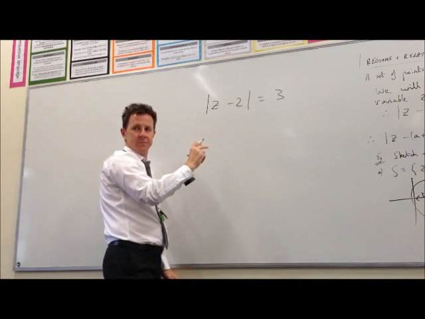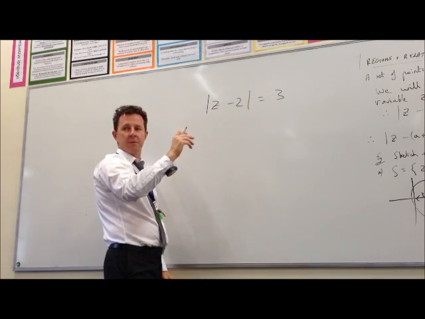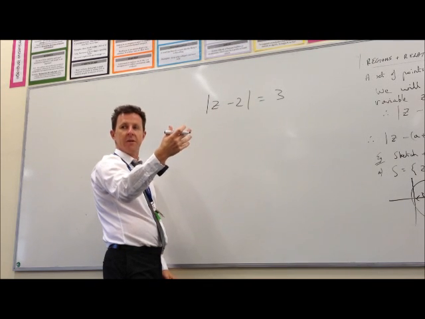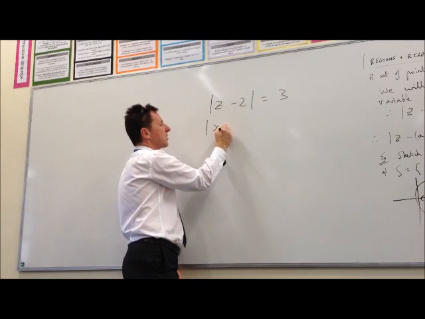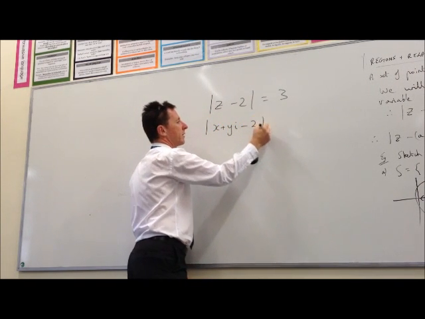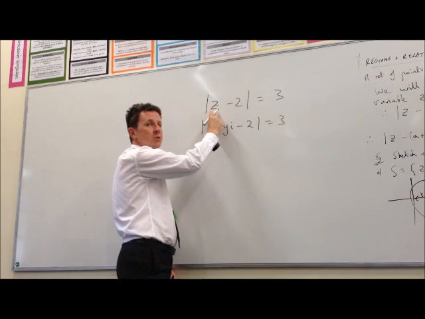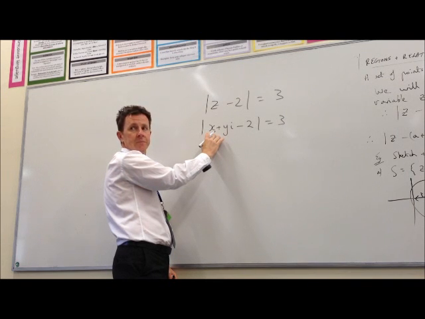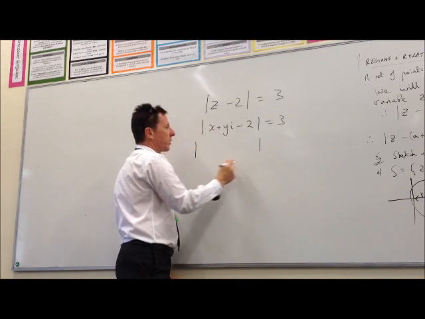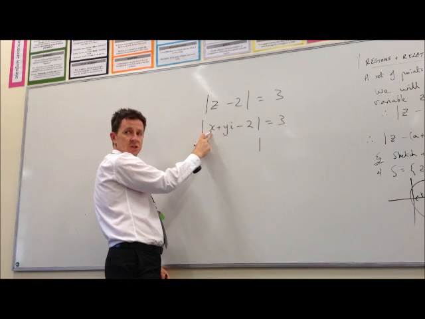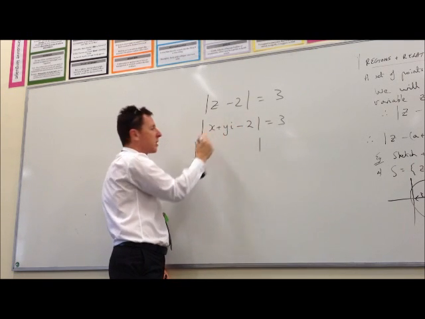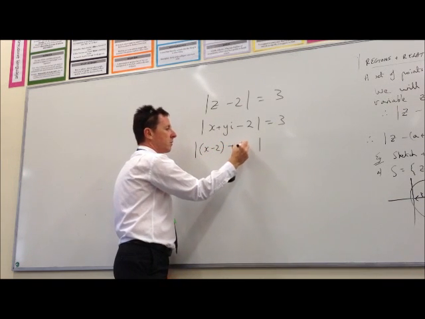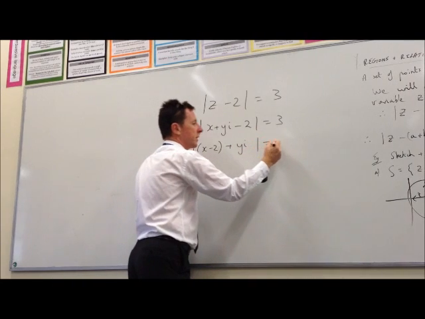What is z? z is a complex number. What is a complex number? How do I write a complex number down? x plus yi. So I replace my z with x plus yi. When in trouble with these things, all you do is replace your z with x plus yi. This x is real, so I put my reals together, and then I write yi, equals